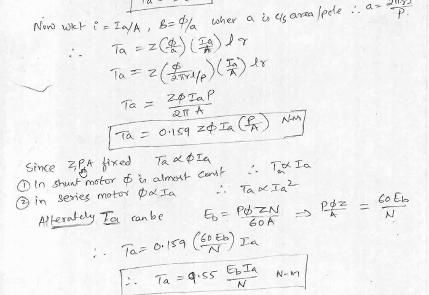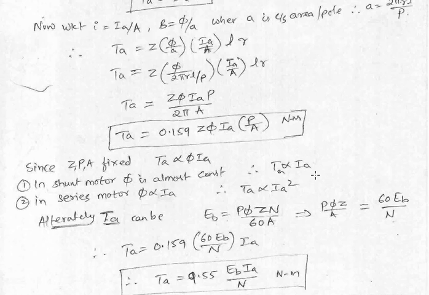Now we just saw the series motor and the shunt motor. In case of the shunt motor, what happens is the current will get divided into two parts, one through the armature and one through the field. Relatively, that particular current will remain same irrespective of the load. The flux that is created by the shunt motor is almost the same. So the flux is constant for the shunt motor. So this phi becomes constant. So torque in case of a shunt motor is directly proportional to IA.